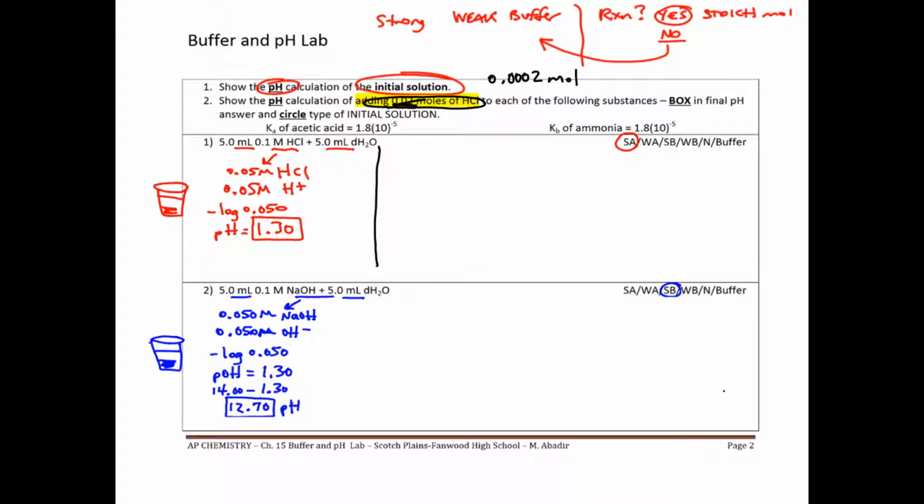I'm going to add H plus into a strong acid. And the question is, is there a reaction? The answer is no, there's no reaction. So then we are going to go back to the solution scenarios and understand that I have a strong acid added to a strong acid. So whenever you have that, you just want to do total molarity equals moles over liters. Now what I need to do is find the original moles in the HCl from the original example. So original solution of HCl, I had molarity of 0.1, and then I had a volume of 5 milliliters, so that's 0.005 liters, and then that gave me